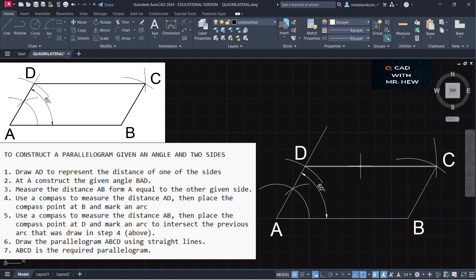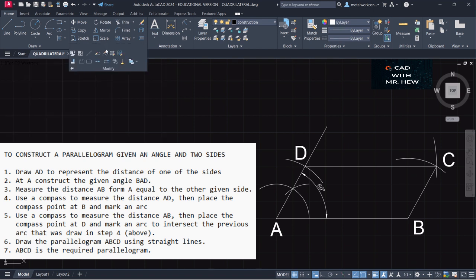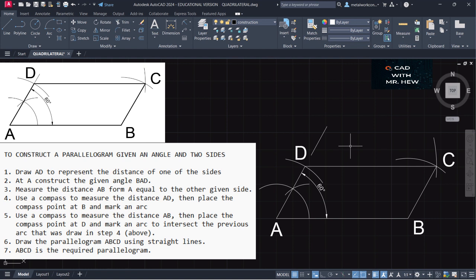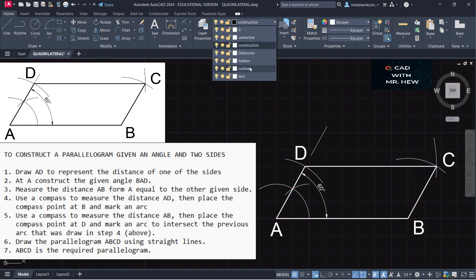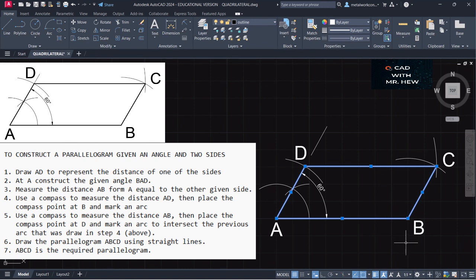So let us put, I'm going to break, so I select this, select there. All right, so let us put these lines now on the outline layer, okay? So put it on there. So if you have a 3H pencil or 2H pencil, you would darken it, and this would be the required